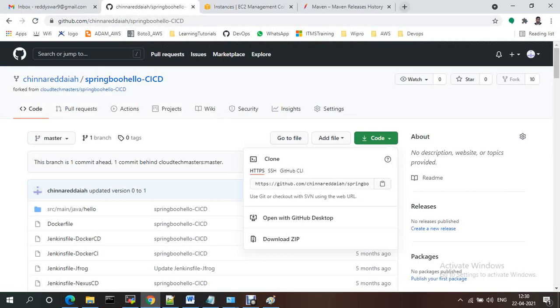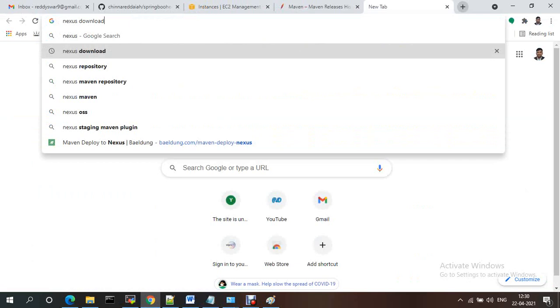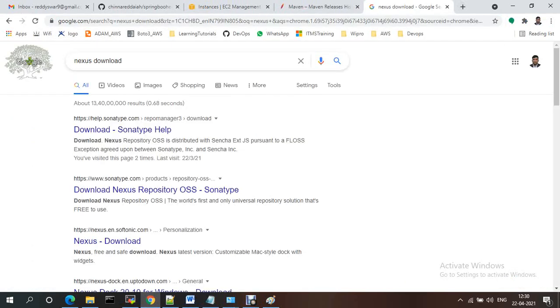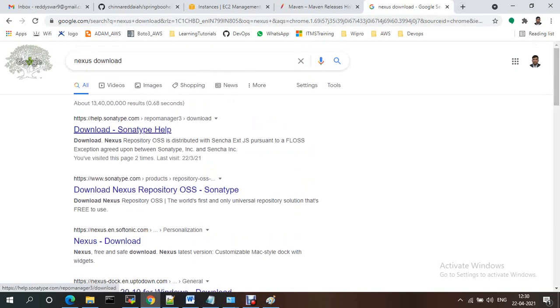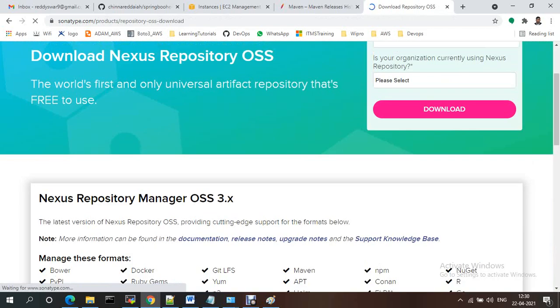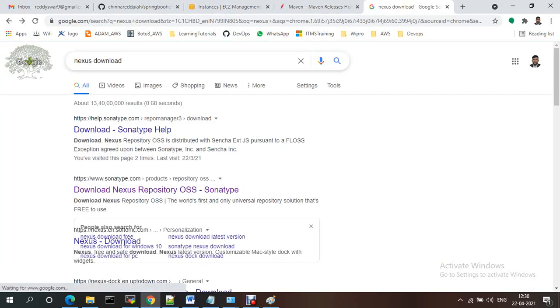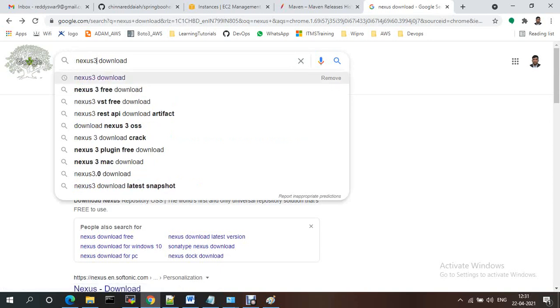So meanwhile you need to go to the Nexus repository, Nexus 3 download.